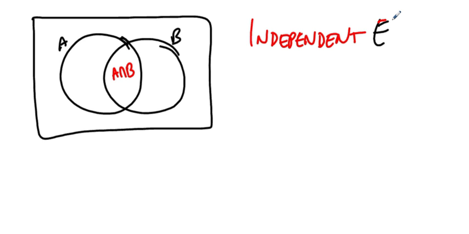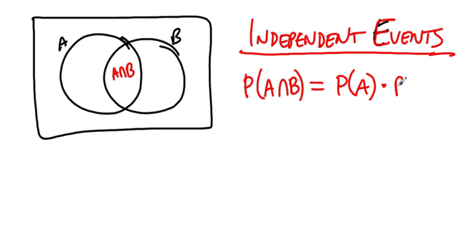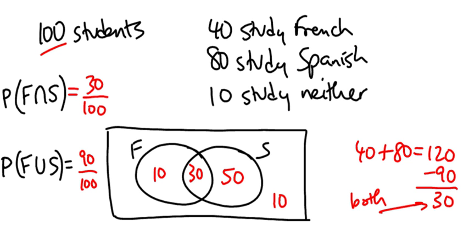Oh, whoa, that's not what we want. They are independent events. If two events are independent, then the probability of two events happening simultaneously is the same as the probability of the one times the probability of the other. That's what we mean when we say that two events are independent. If two events are independent, the probability of their intersection is the same as the probability of A times the probability of B, which means in this case,